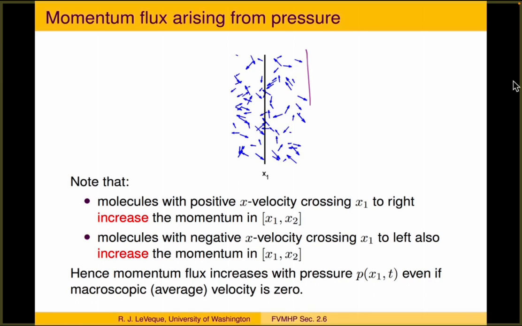So if we had our other interface x2 over here, then any molecule that's crossing from left to right is bringing positive momentum into the interval x1 to x2,